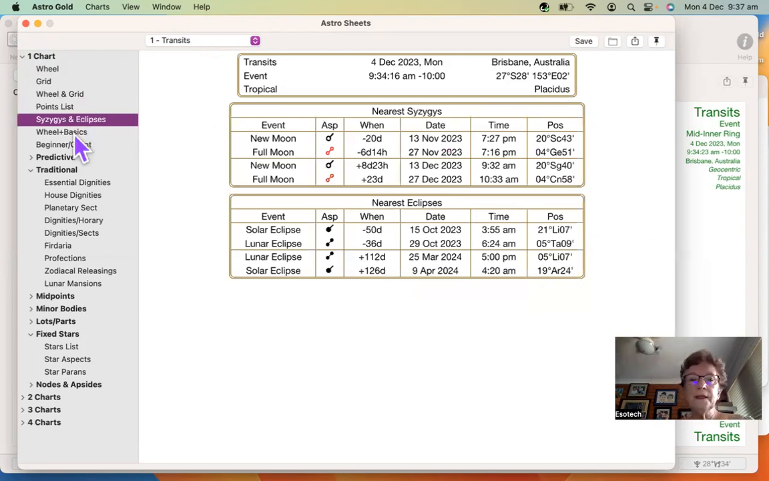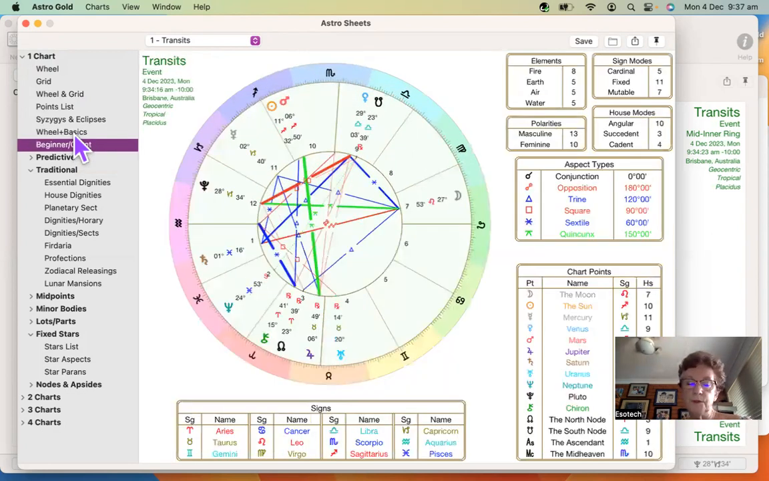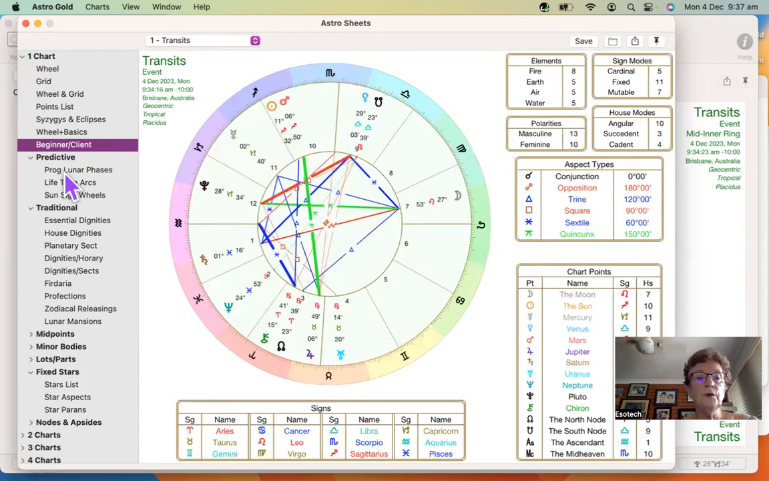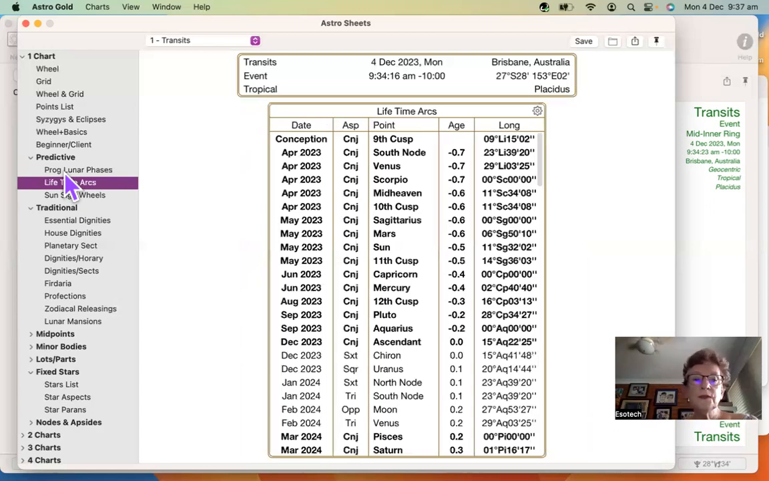The wheel with basic information. And I love the beginner's page. It's beautiful for people who don't know astrology because it explains what all the squiggles mean, which is useful. We can also look at predictive and find lunar progressed phases, lifetime arcs, sun sign wheels. That's a page with 12 wheels for the one date,